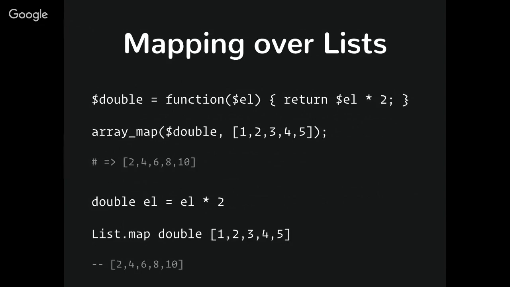Elm doesn't care how you name the function. An anonymous function is equivalent to what you just saw here. So double equals anonymous function transforms into that syntax at the bottom. That's how you declare a normal function in Elm. It is exactly the same as far as the compiler is concerned. If you try this in PHP, PHP doesn't have the same concept. You have to move a closure into a variable like it is above. You can't declare a new function like array_map there and pass it into array_map itself. You technically can if you make it a string, but I've always found that to be extremely sloppy, so it's just not something I do in production.